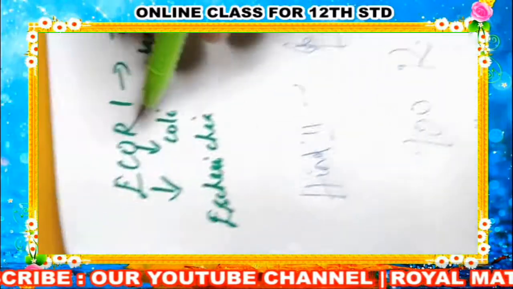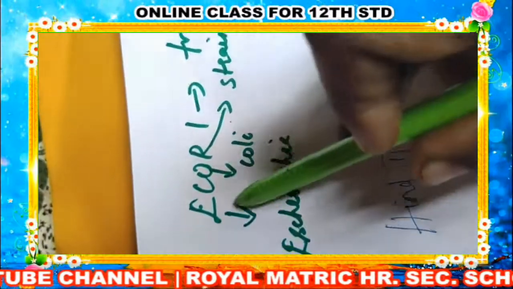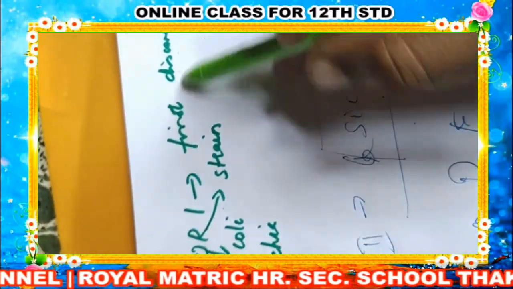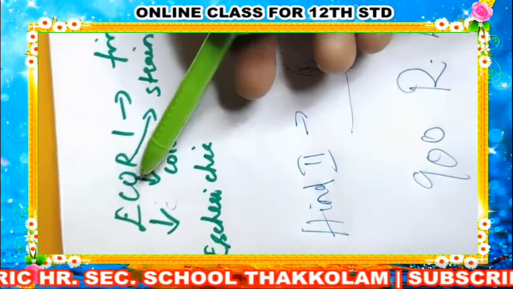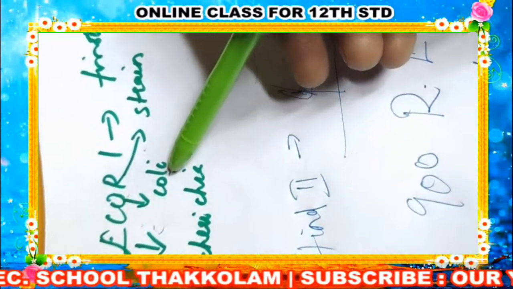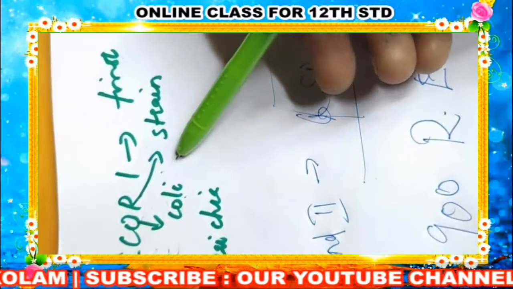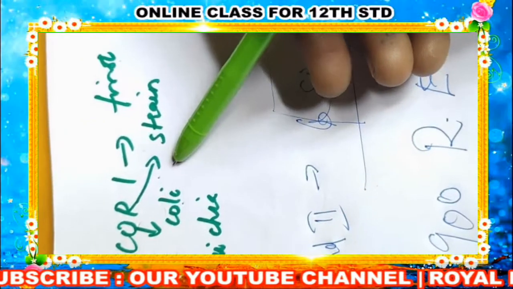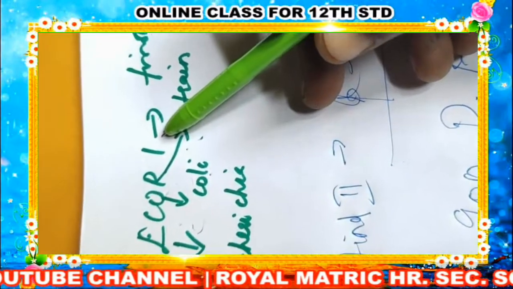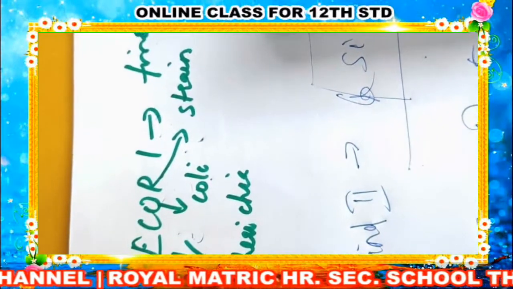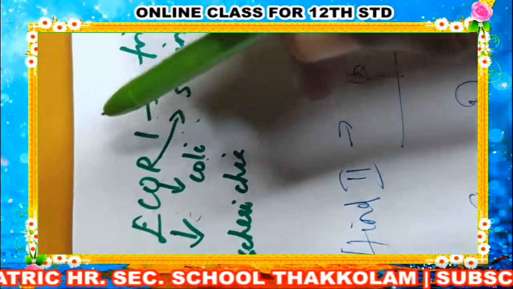For example, if you take EcoR1, see how the name is given. The first letter is the genus name. Genus, what do you mean by that? Escherichia. CO defines the coli. R is the strain, the variety, what type of bacteria it is, and the number 1 is the Roman numeral 1. It means it is the first isolated, the first discovered. That name is given as the number 1.